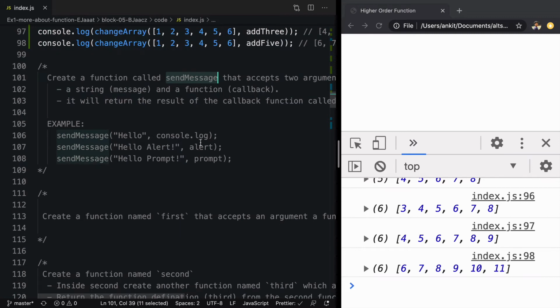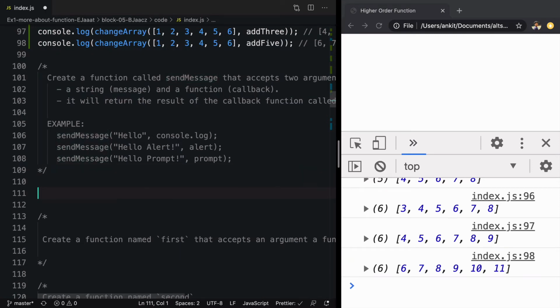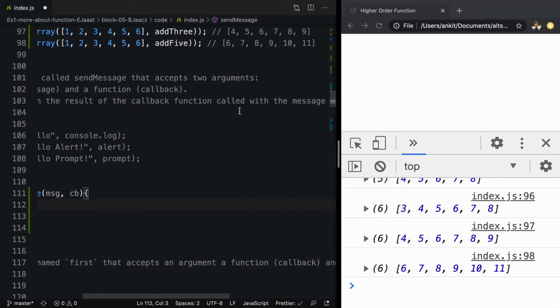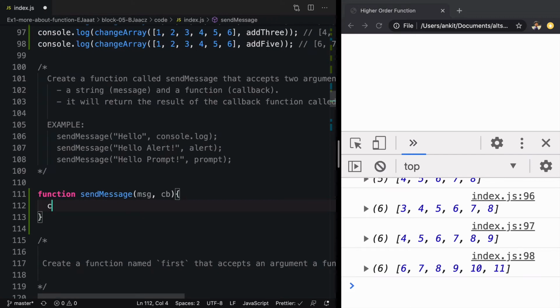Create a function named sendMessage which accepts 2 parameters. So we'll say function sendMessage will accept 2 parameters. The first one is message and the second one is callback. What we have to do is to call the callback function with the message parameter. So we'll say cb and we'll pass message, and we have to return whatever gets returned from there.